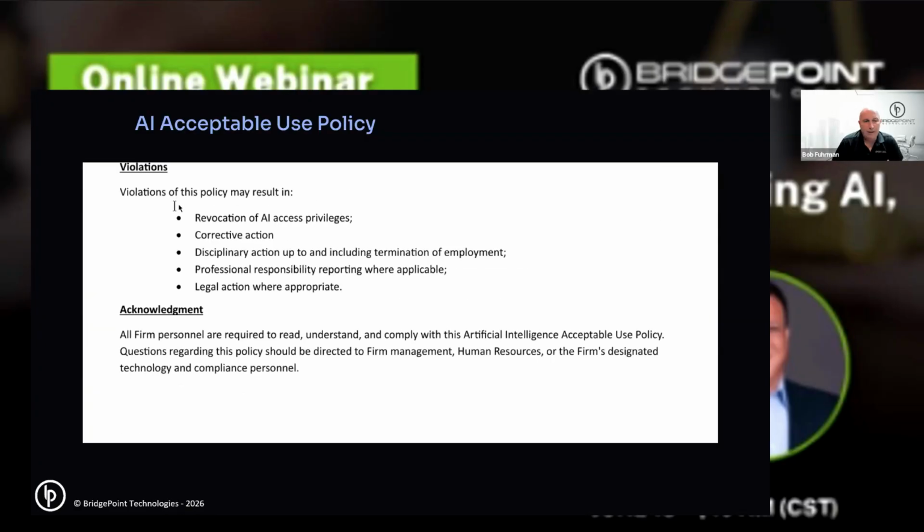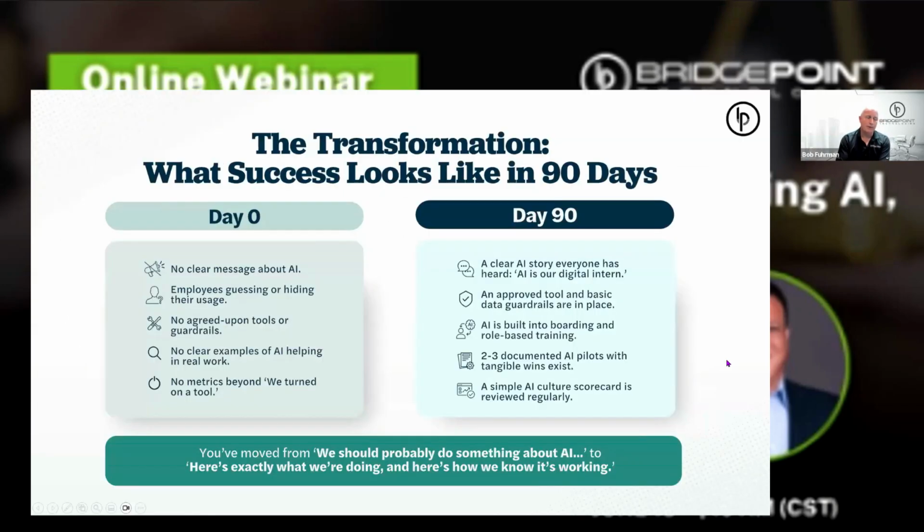So it's an ongoing thing, but my advice is, sooner rather than later, you have to start telling people what they can and cannot do, and not to scare them, because you have to use it. I mean, it's unavoidable, and it's so powerful. You just have to take this information to pump the brakes a little bit and make sure you're not putting your clients or your firm at risk.